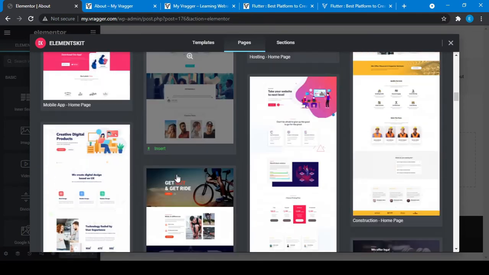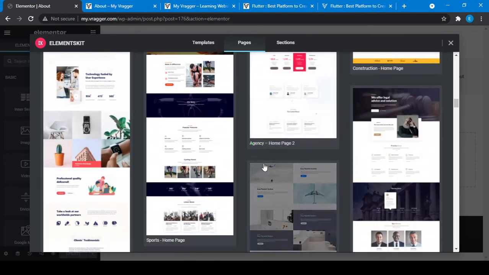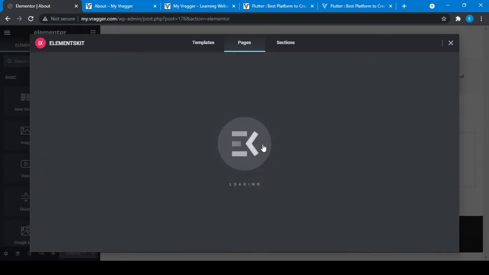Suppose that I like this page, I will just click on insert. It will now import the whole page. This is called a ready-made, pre-built page. You don't have to create this page.